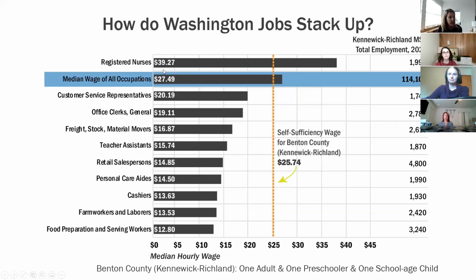So it's again showing the top 10 occupations. You're not seeing that same polarization of wages quite as much as we did in Seattle. There's only one wage that's actually allowing for this family to meet the cost of living. Again, you have retail salespersons as the top occupation. These 10 occupations make up 22% of Kennewick-Richland's workforce in that top 10 occupations bracket. So again, this top occupation is only making about 58% of what they need in order to get by in the Kennewick-Richland region.